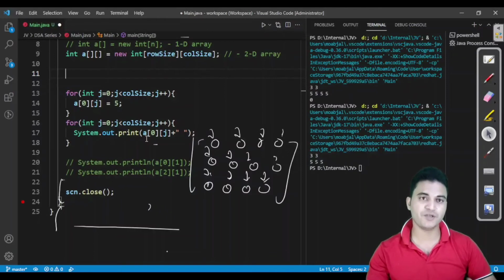See it very carefully, because 8 to 10 programs are related to this concept only. So you should be aware of how we can take input from the user and how we can print the 2D array onto the user screen. So let us see what I am going to write.